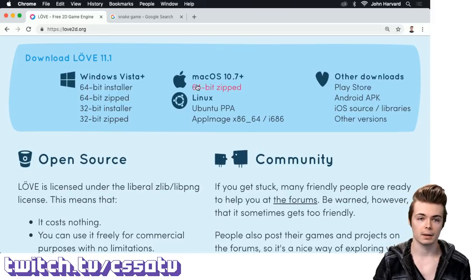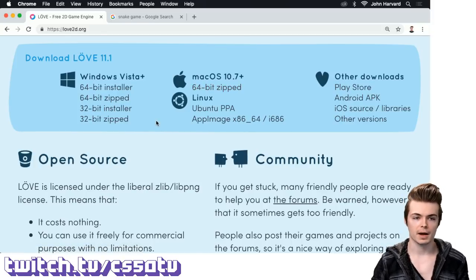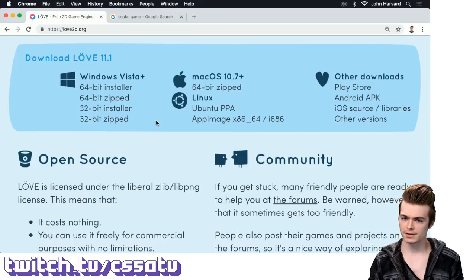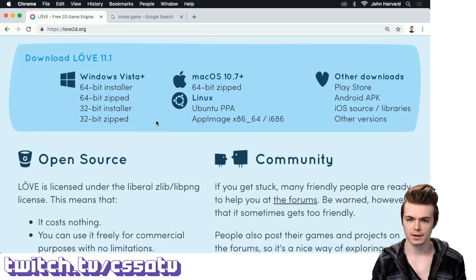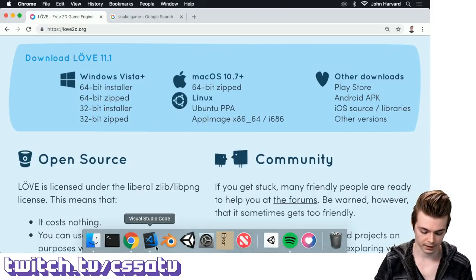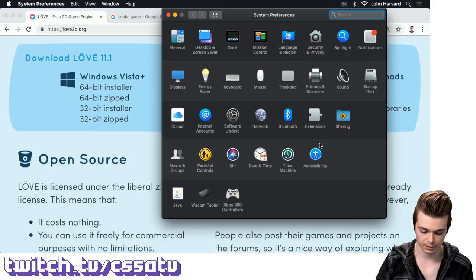I'm on a Mac, I'm running Mojave. If you are on a Mac running Mojave, you might have some bugs with actually running version 11. So make sure in your accessibility panel, which I'll take a look at here, just for those running on a Mac, if you